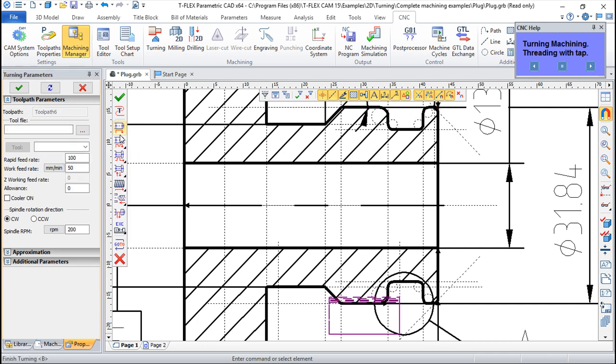So let us abort this, let us create a new one from scratch, because it's not the toolpath, it's this one,